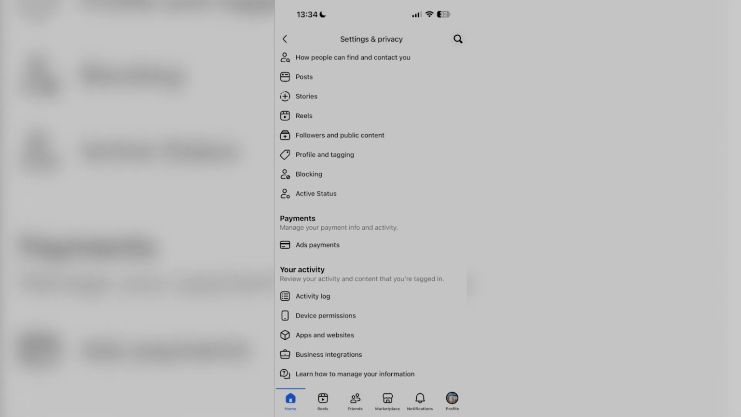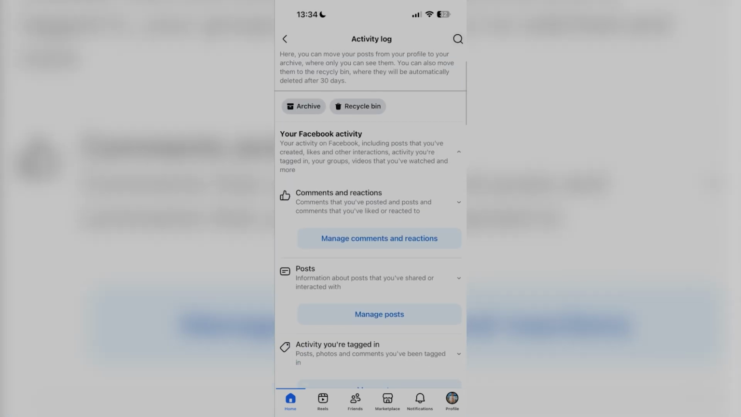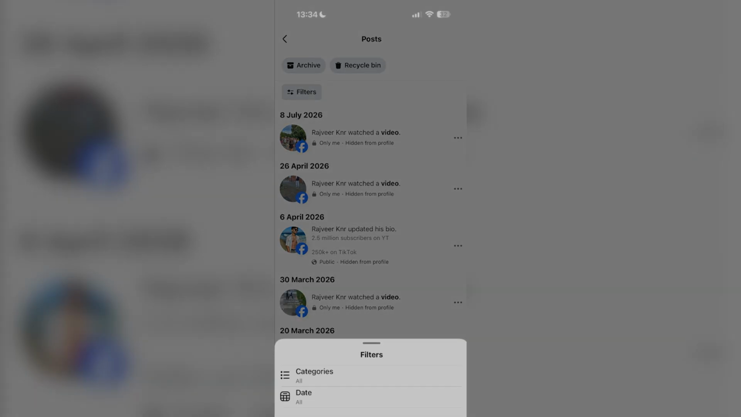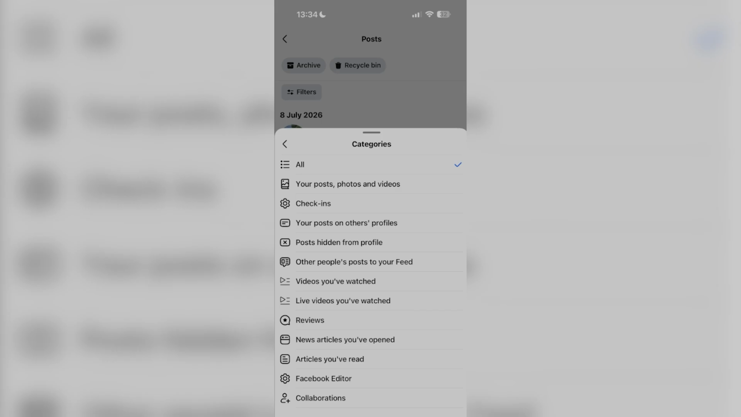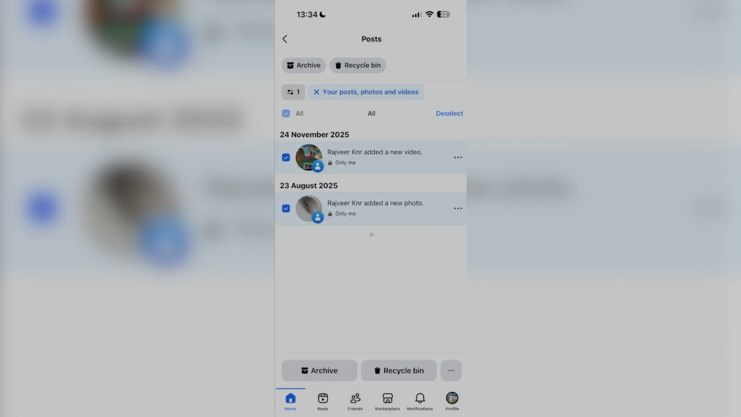What I could also do is go to activity log for previous posts, and then go to your Facebook activity. Now I want to press manage posts, and then all I'm going to do is go ahead and press filters right here, and then I'm going to go to categories and switch it to your posts, photos, and videos, like so. Then I'm going to press all, and then on the bottom right, I'm going to press